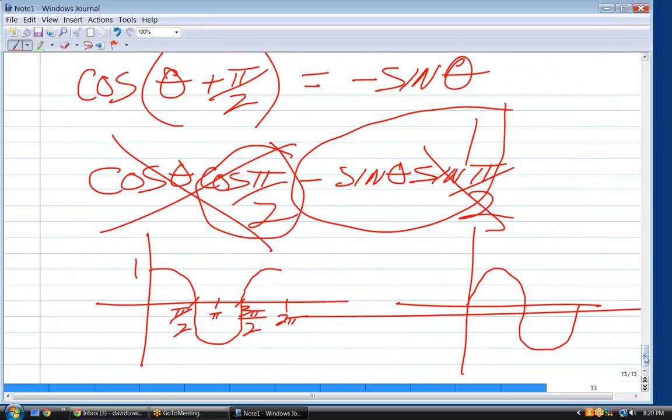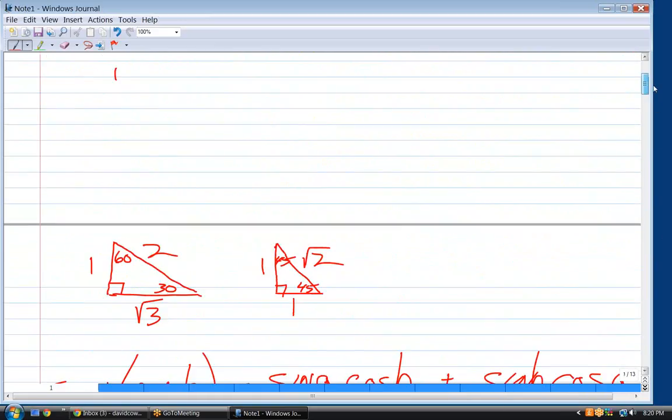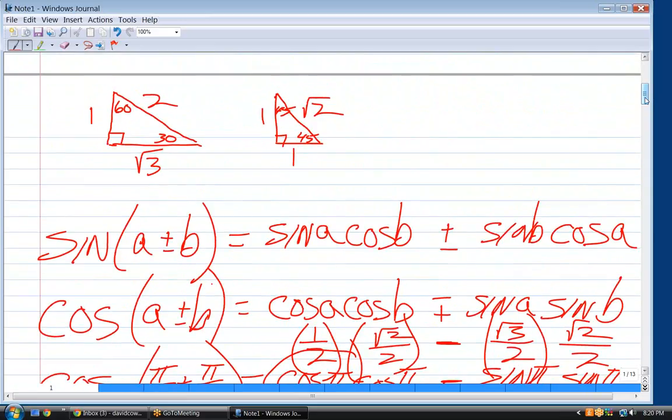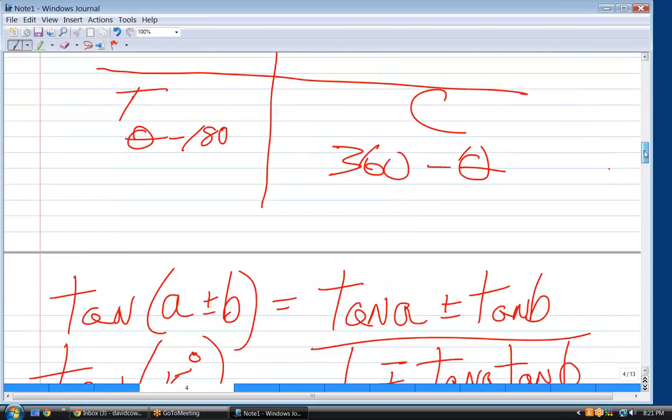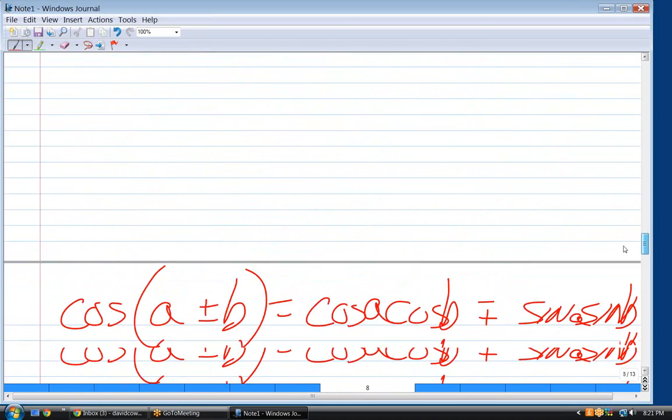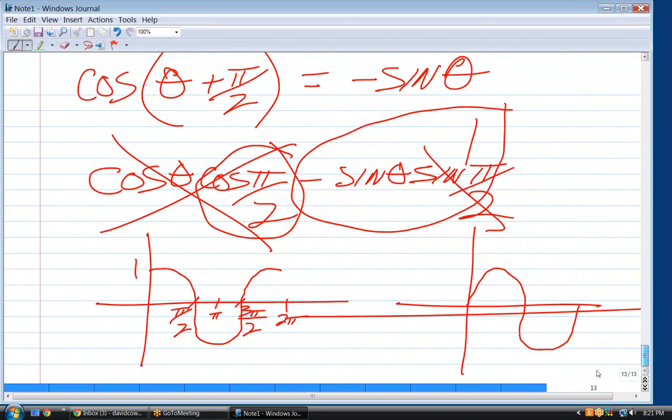If you look at those two triangles, it's hard to figure out what the sine of 90 is, right? So you can either memorize the unit circle, which also helps with the quadrantal angles, or you can memorize these